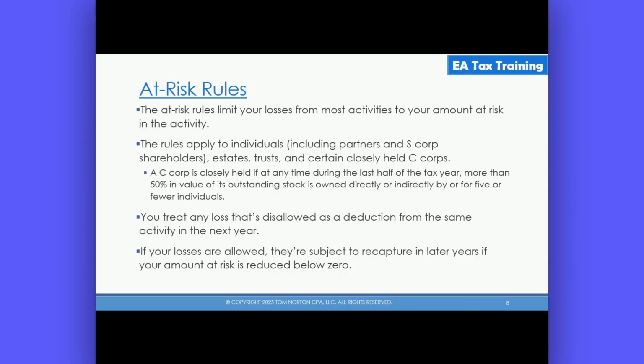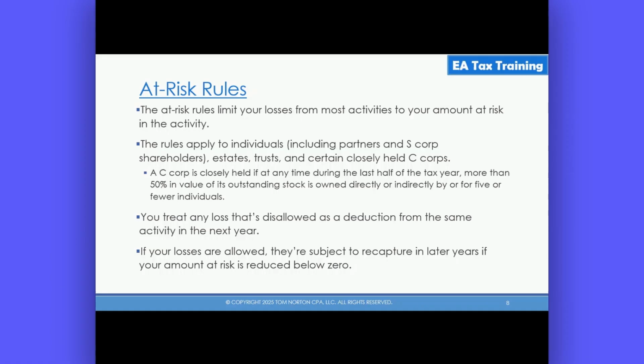These rules apply to individuals, so that includes partners and S Corp shareholders who are individuals, estates, trusts, and certain closely held C corporations. What's a closely held C corporation? It is closely held if at any time during the last half of the tax year, more than 50% in value of its outstanding stock is owned directly or indirectly by 5 or fewer individuals. So if you have a closely held C Corp, they have to abide by these at-risk rules just like individuals do. If it is any other kind of C Corp, then they do not have to worry about these at-risk